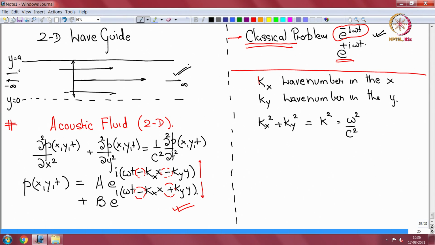Okay, and A and B are so far unknowns. There are more unknowns here, but A and B are unknowns. Frequency omega is known. Okay, so kx and ky are still undecided. Okay,